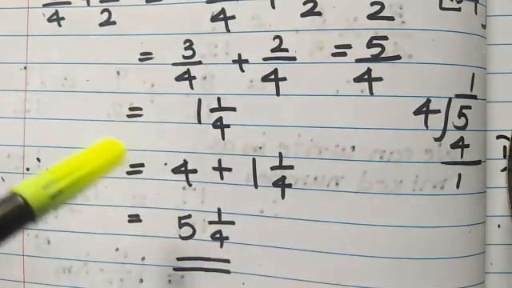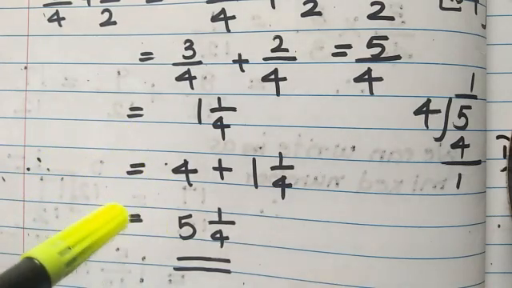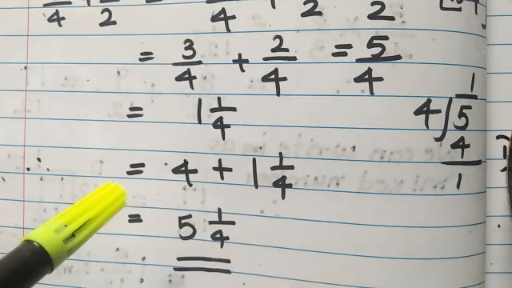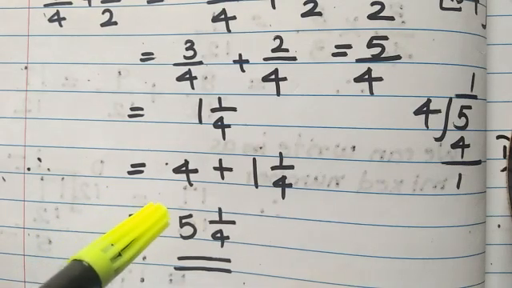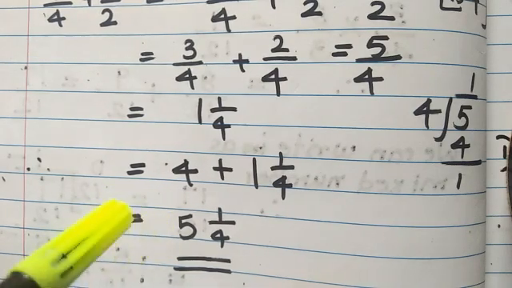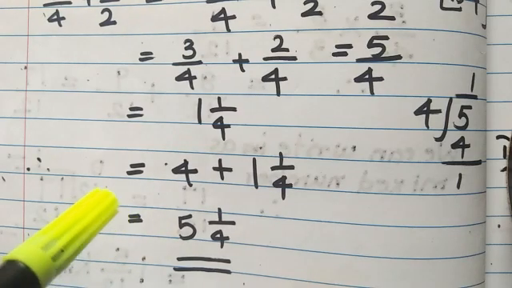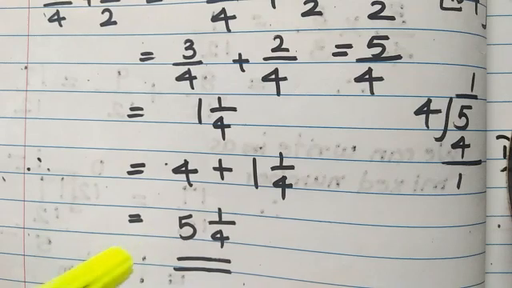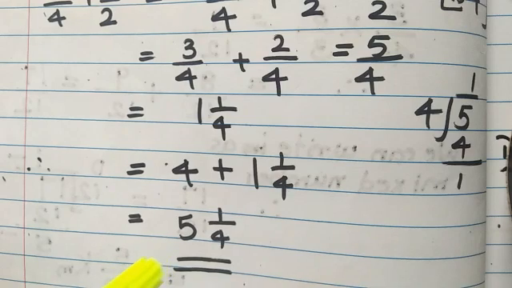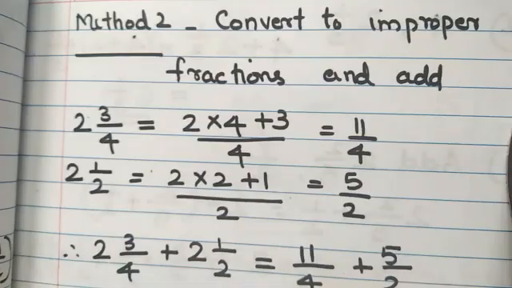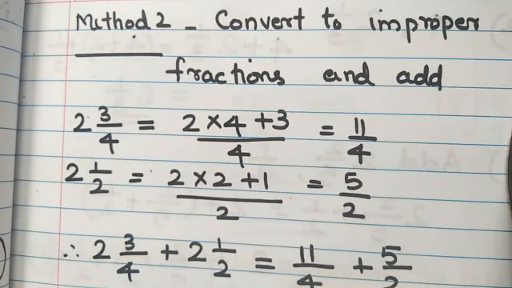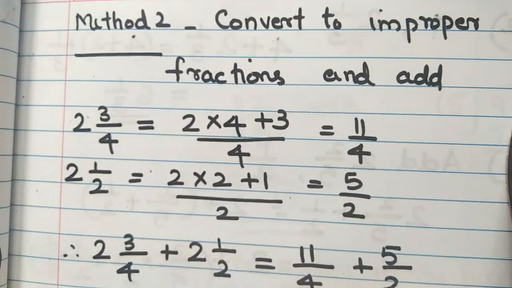So you remember, children, to add mixed fractions or mixed numbers, we will add the whole numbers first, then we add the fractions separately. While we add the fractions, we can use the LCM method or write equivalent fractions. But we have to use the LCM method, that is better. Okay. Then these mixed fractions can also be added by using improper fractions. First we will convert into improper fractions and then add. That method also we can use.